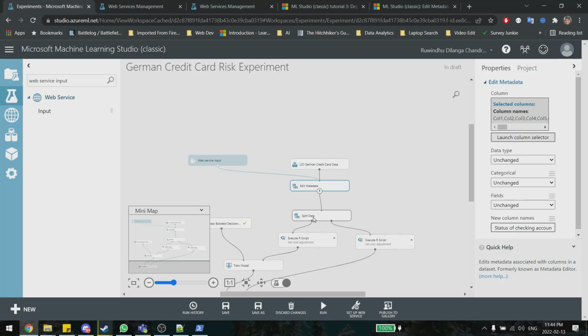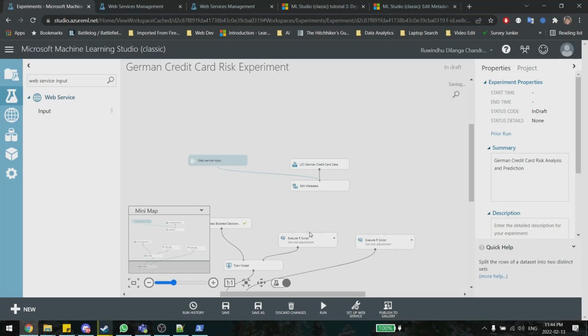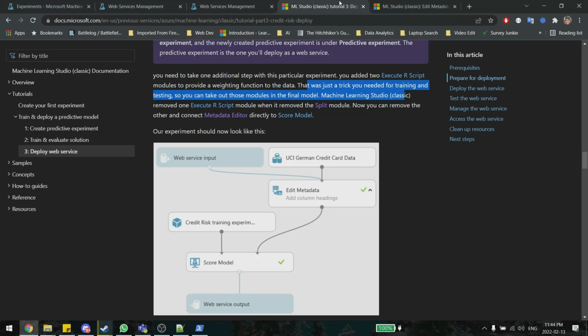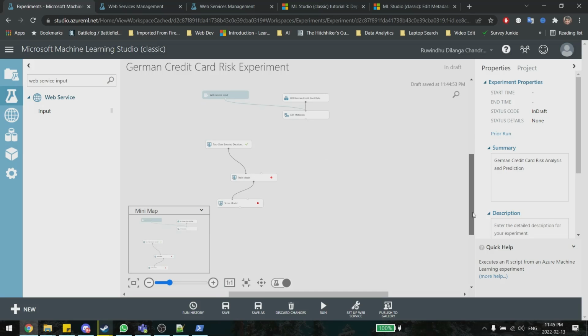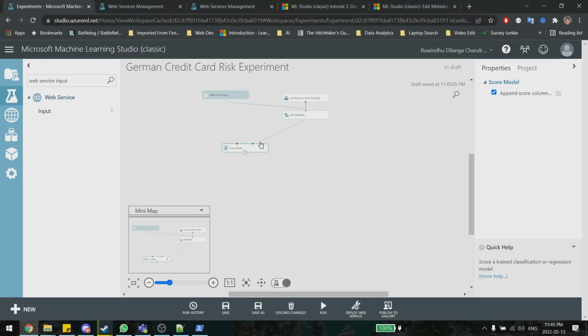Okay, we can remove the split data. This, and then we can directly convert it to. We can remove the training. Convert it directly to this, and